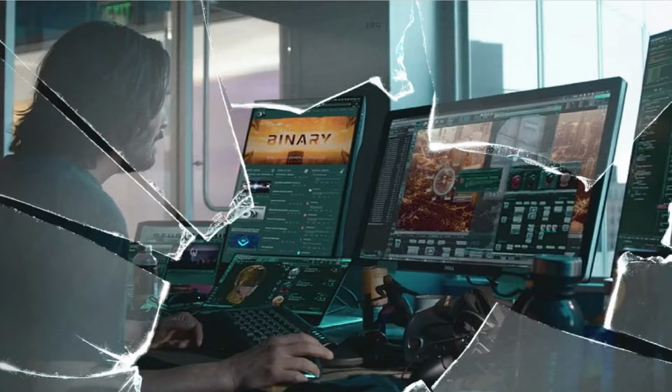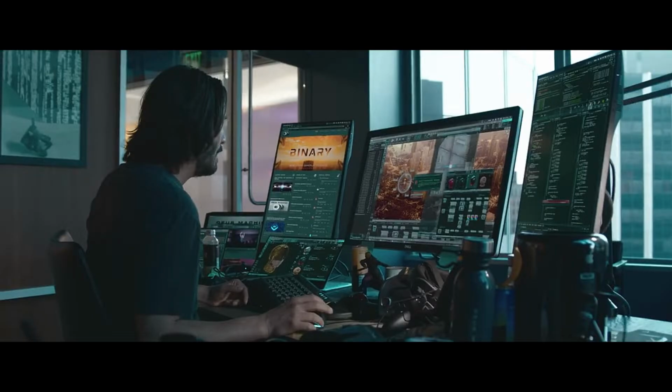On one of Neo's screens is the word binary. This reminds us that all computer code is converted into binary in order for the hardware to process the code. We see another screen has Matrix code, and as we look at the green code, we are reminded that in order for that code to work, it has to be translated into binary code. The Matrix code on the screen connects to the code we have seen in the modal earlier.